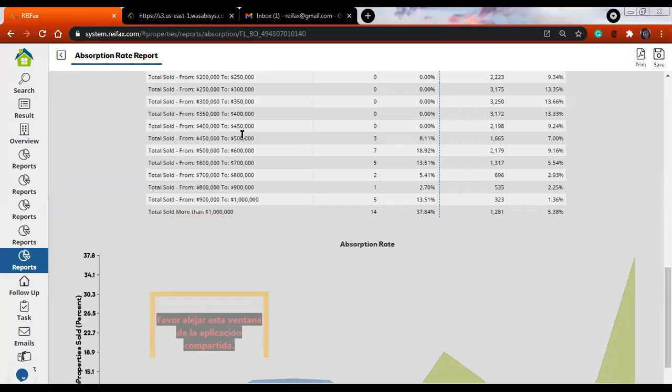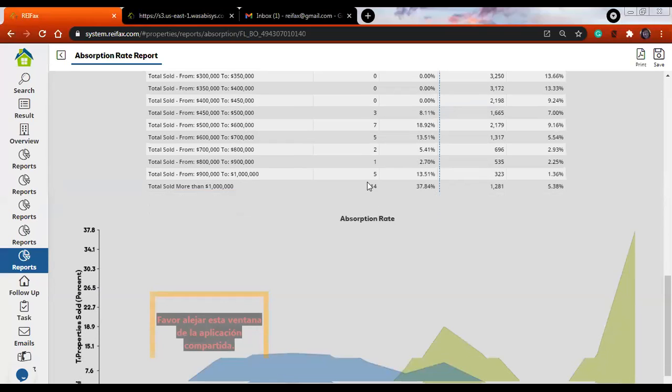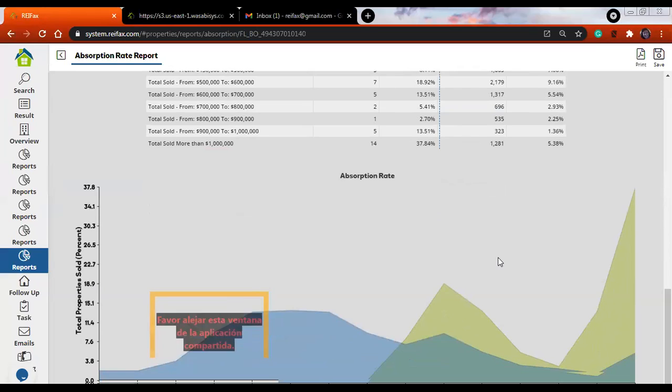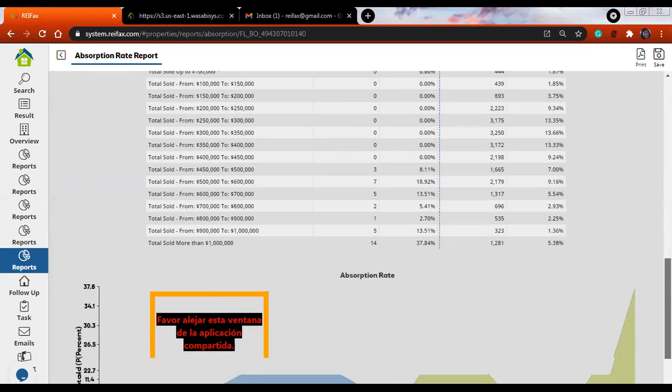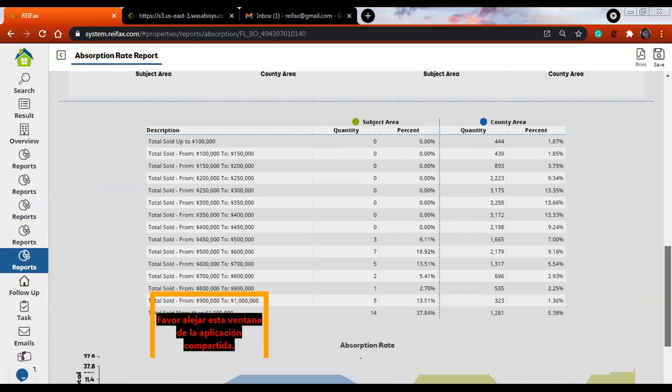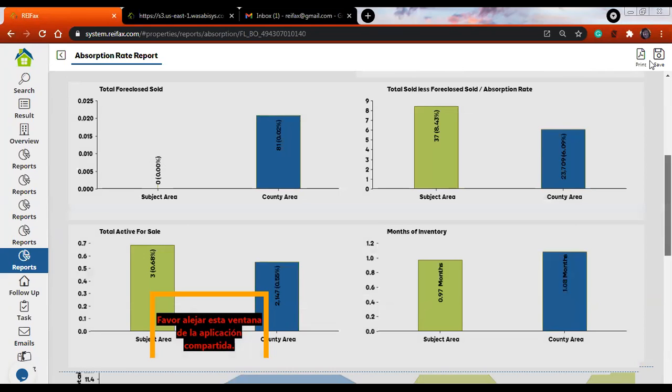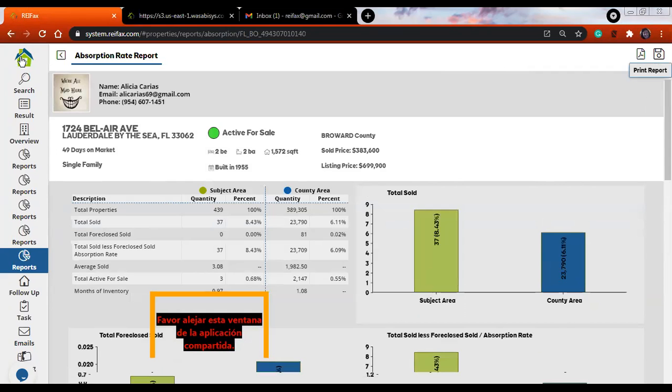And so we go on to absorption rate. And here you can see the best area. Again, you can print or save this report. Let's go to the control panel and show you where to put in your contact information so it's displayed in